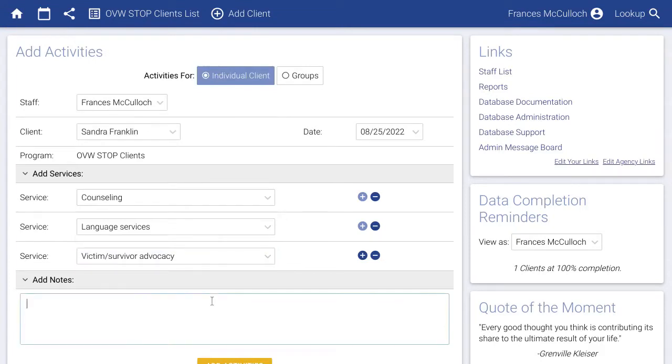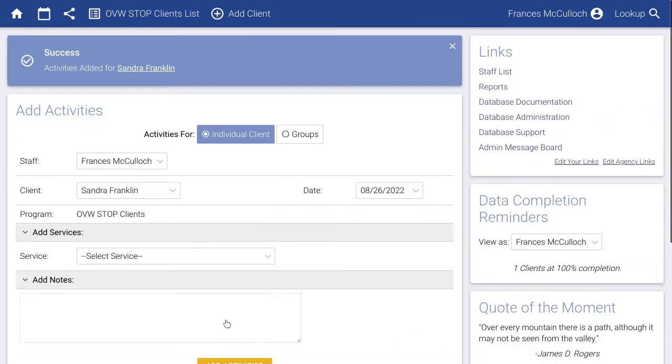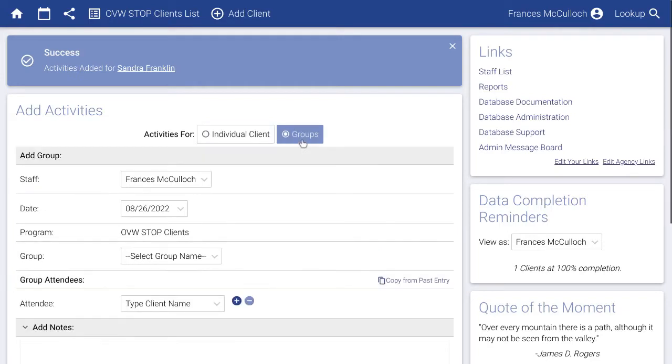You can also include some notes about the session if you'd like to. These don't get used for the OVW report. They're just here in case they're helpful to you. Click Submit and the activities are added. To enter in groups data, click on the Groups button here. Select the date and the group type,